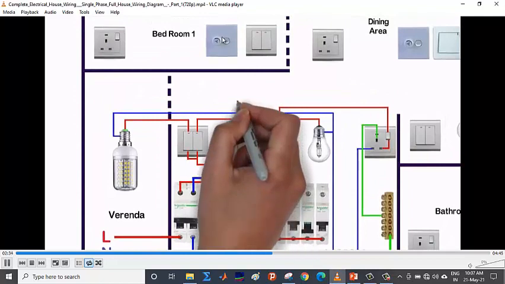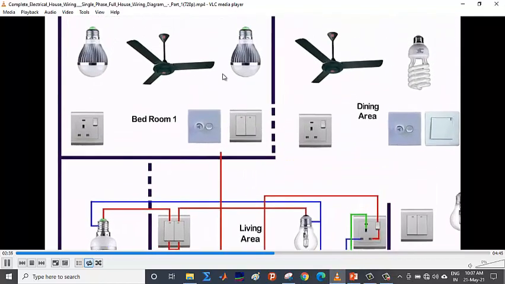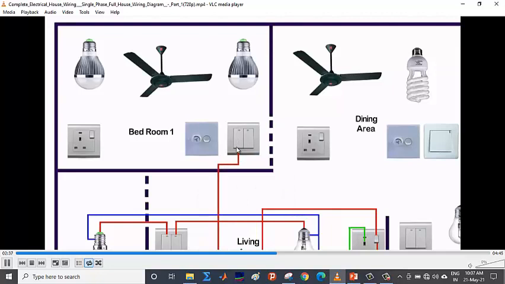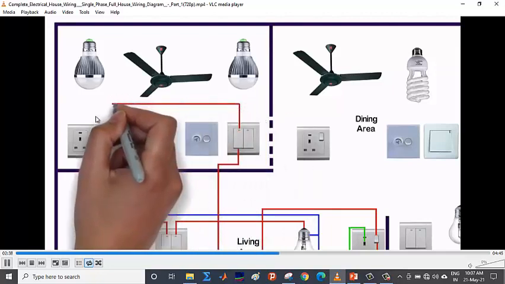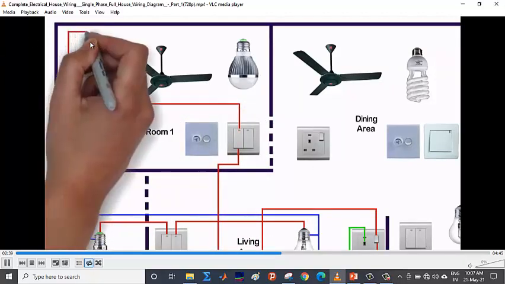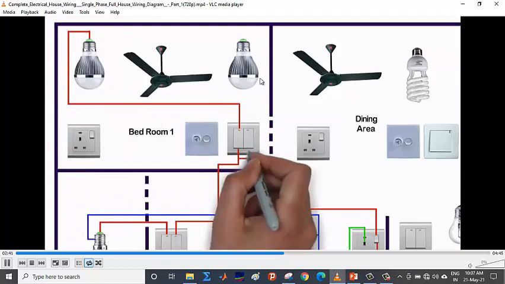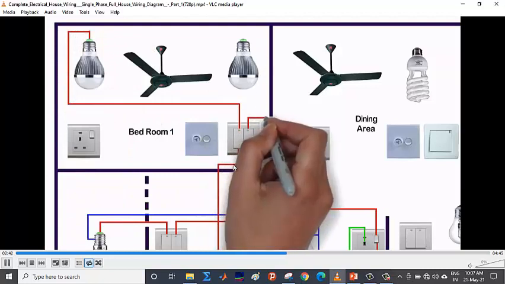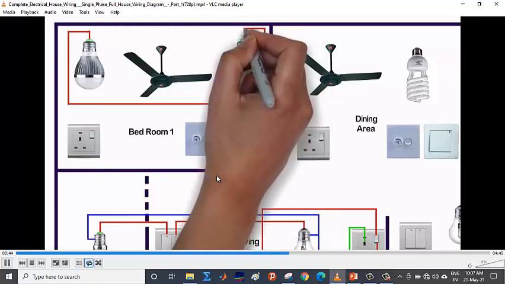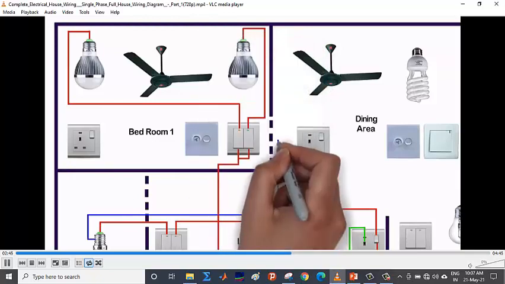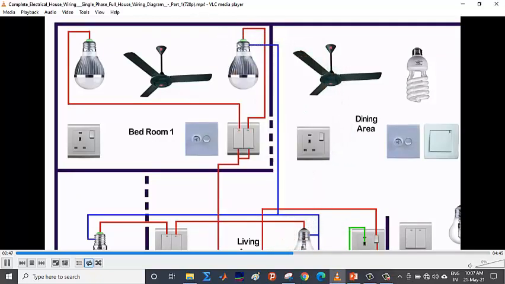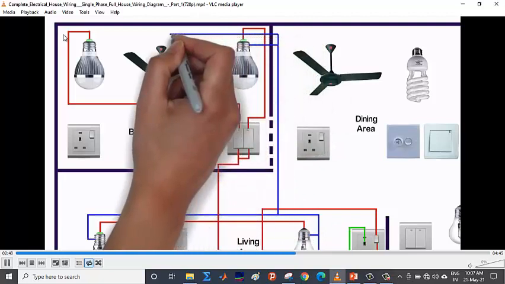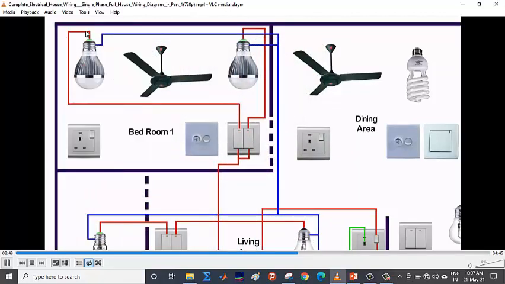Now coming to the bedroom, first it will connect a switch this, and then this switch will be connected to this bulb. Similarly, this switch will be connected to this bulb, and they will get the same supply from this connector. And then the neutral through this to this, and from this neutral it will connect to this. Similarly, for